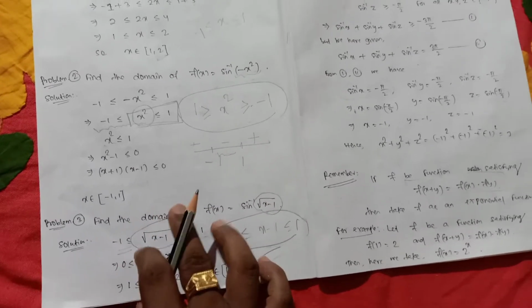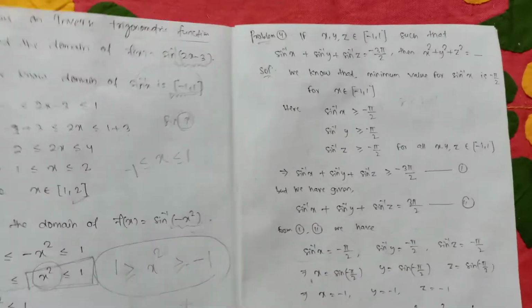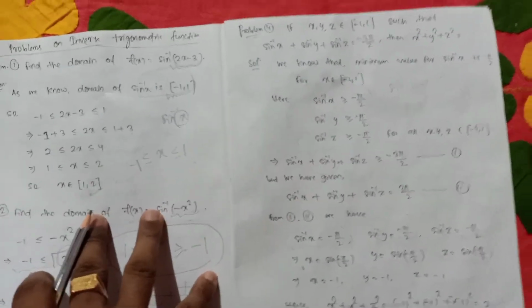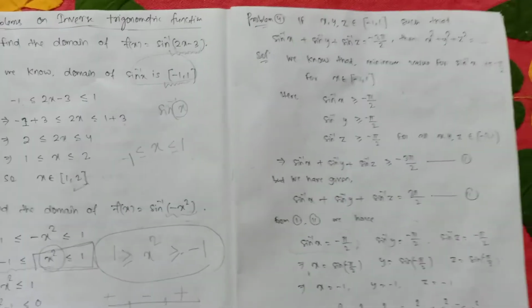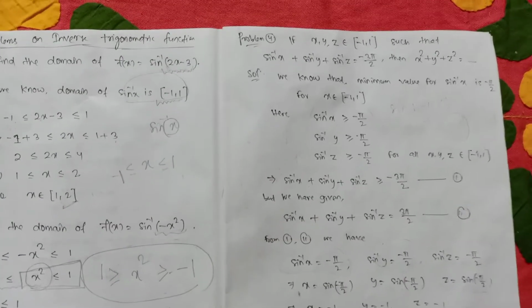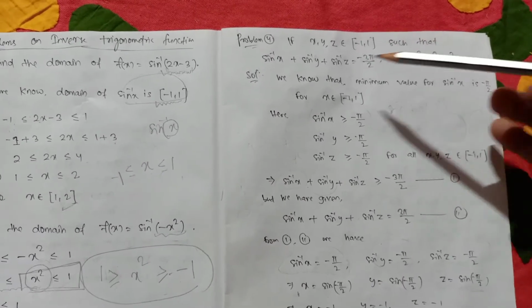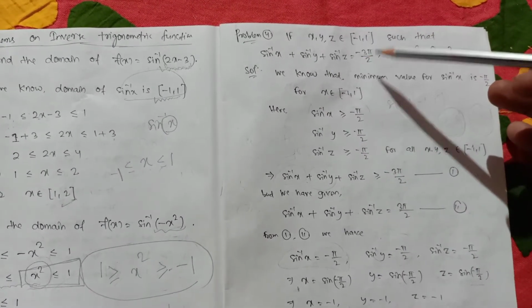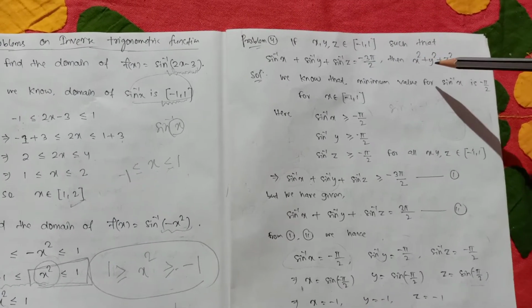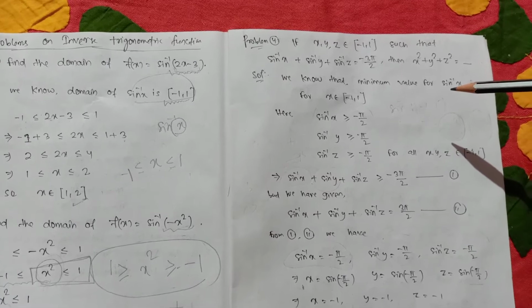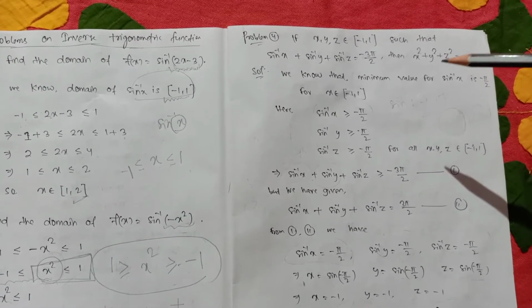Okay. Now come to some new problems. It is given that x, y, z belong to the closed interval minus 1, 1, such that their sum of inverse sines is minus 3 pi by 2. Then find the square sum, x square plus y square plus z square. You observe it